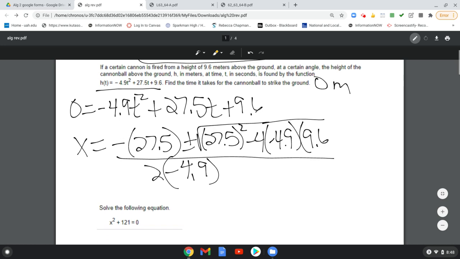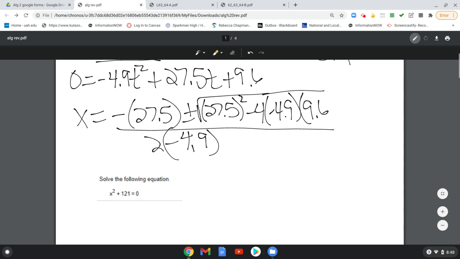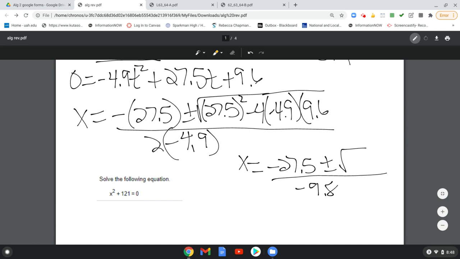So I'm going to have to go down into the next space just a little bit. So I end up with x equals negative 27.5 plus minus. I do the bottom first. You know how I work these problems out. And then when you do all that math under the radical, you get